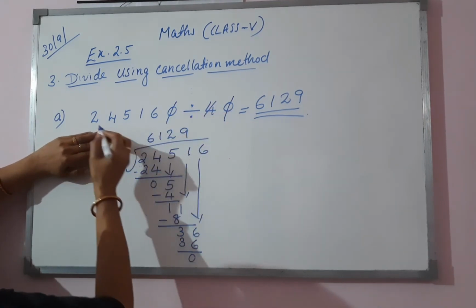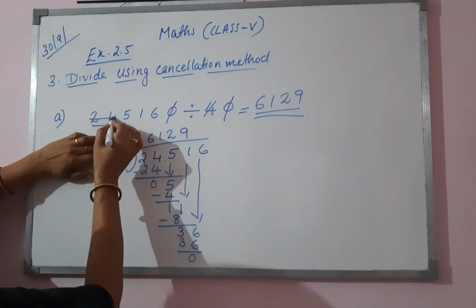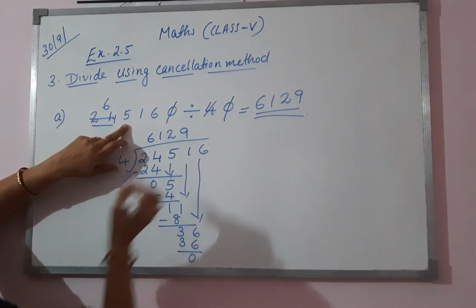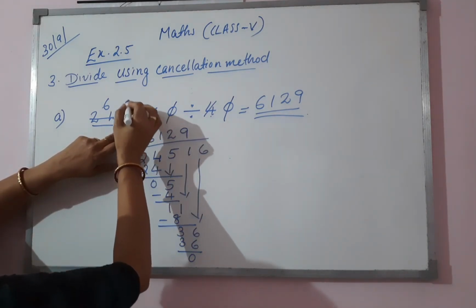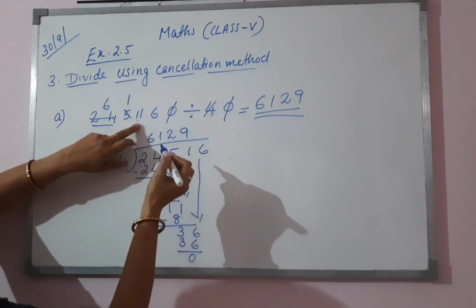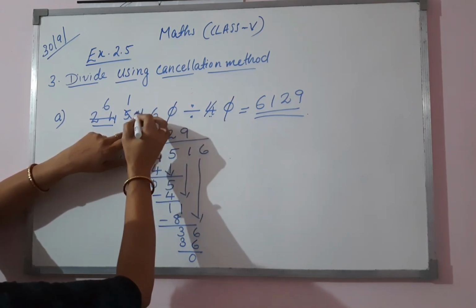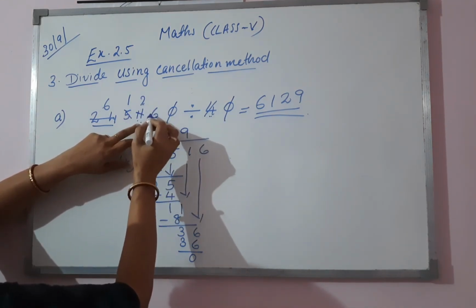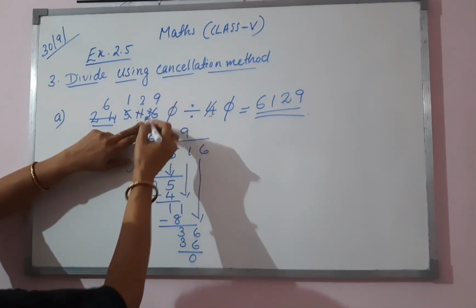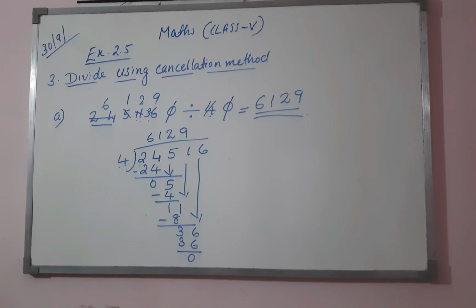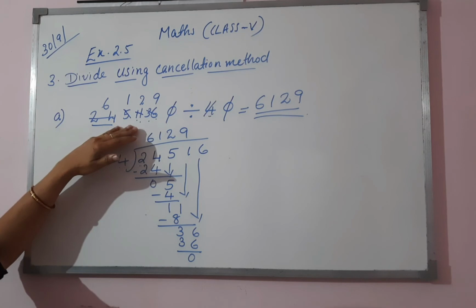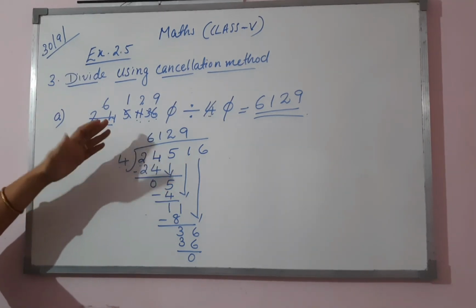This 4, you have to go through here, 24. 24 will cancel. How many times is it coming? 6 times. Next digit is 5. 4 table, how many times? 1 time. What is the remainder? 1. So 11 it is coming now. So in 11, how many times 4? 2 times. What is the remainder? 3. 36, how many times? 9 times. So like this also we can do if you want. Okay, so both the methods you can use. If you practice this method, that will be easy because soon you can do the division.